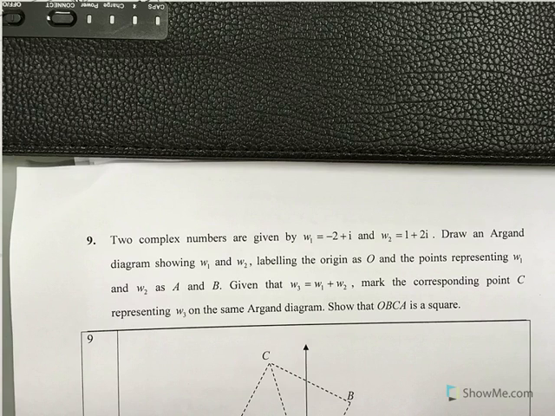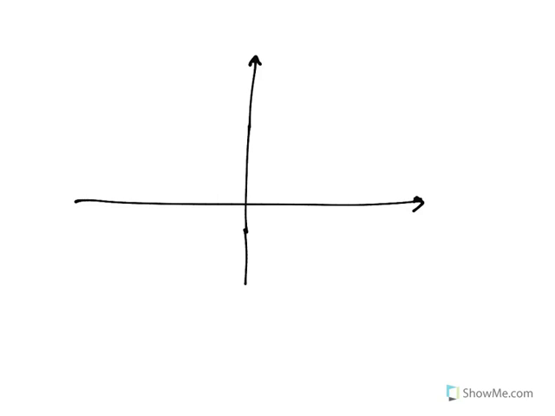So two complex numbers are given by W1 equals negative 2 plus i, W2 equals 1 plus 2i. So what we do is draw an Argand diagram, right? And then we need to show what W1 and W2 are. Alright, so very quickly, negative 2 plus i will just be somewhere, 1 plus 2i will be over here, of